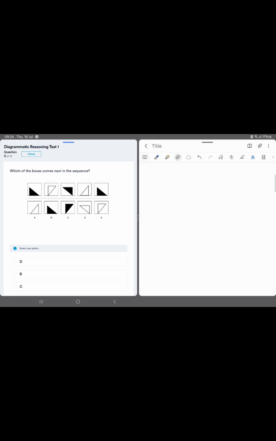Okay, and then in question 3, we have another triangle. In the first diagram, it's a right angle triangle. It's shaded, and it's standing upright. And then in the second diagram, it rotates to the right. And then it becomes unshaded. And then in the third diagram, it rotates to the right again and faces downwards and it becomes shaded. And then in the fourth diagram, it becomes unshaded and it turns to the right again, to its right,